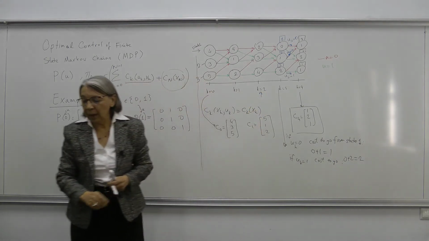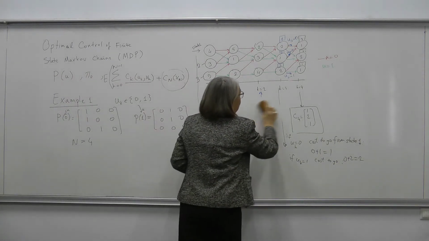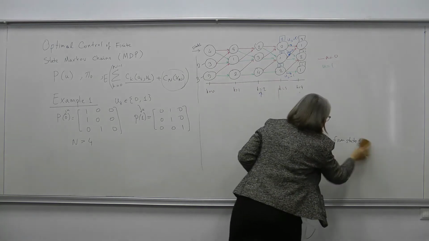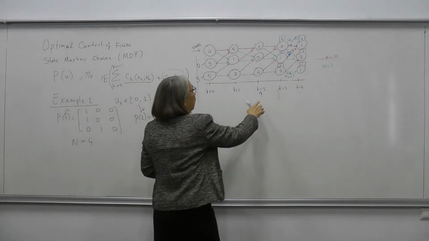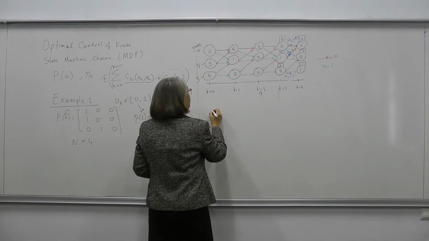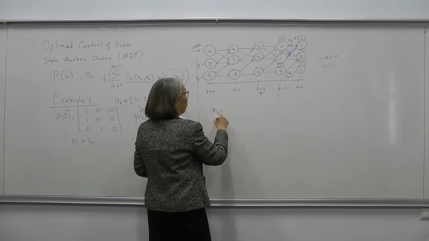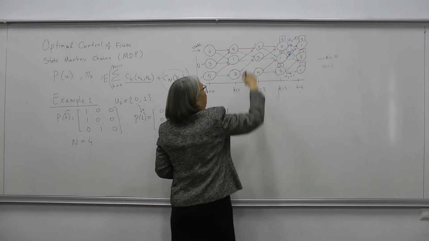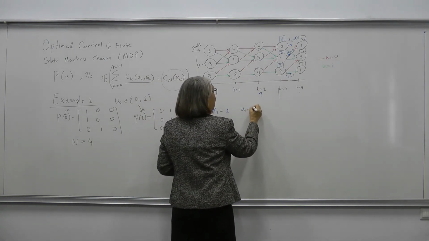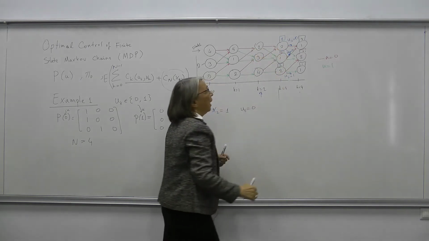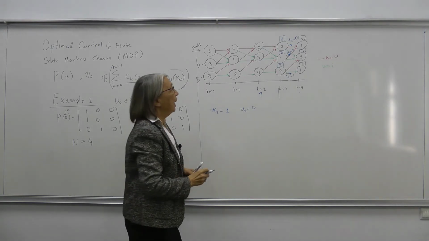When we come to this time is equal to 2, we will repeat the procedure. In other words, let us assume that state is 1, x2 at time 2 is equal to 1, which means that we are here at that state. And then afterwards, if the input U2 is 0, then we will go along this red line, and the value that we will obtain